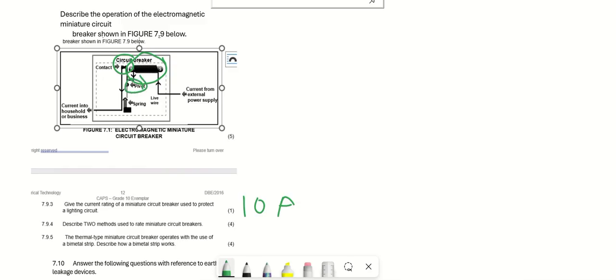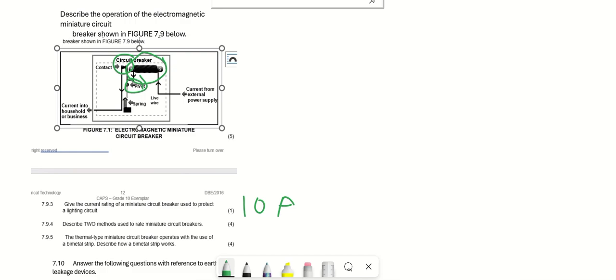So it will be strong enough to pull the pivot, disconnecting the current and the contacts.